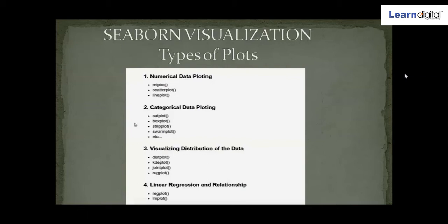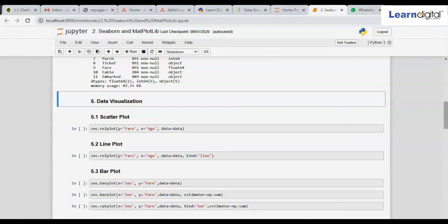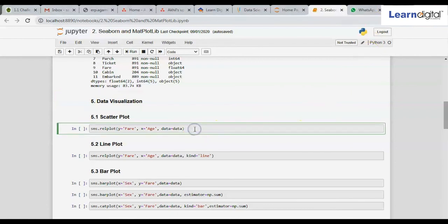Let me explain all these plots in detail. Now let's discuss the scatter plot. A scatter plot can be made between two numerical columns. So here I am taking age and fare to show you. Let me execute this.